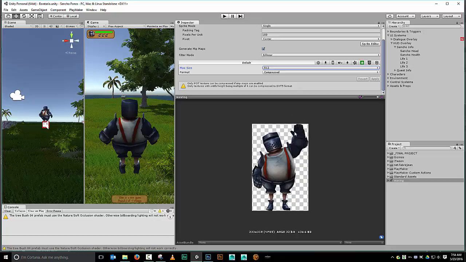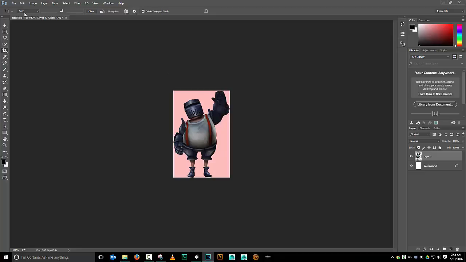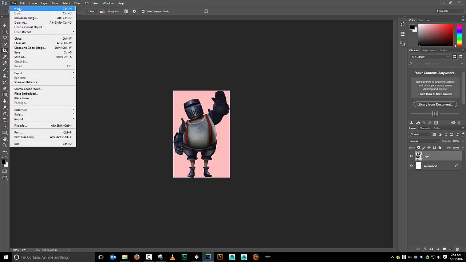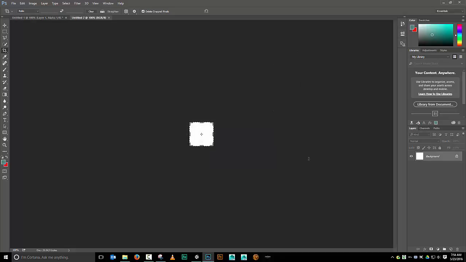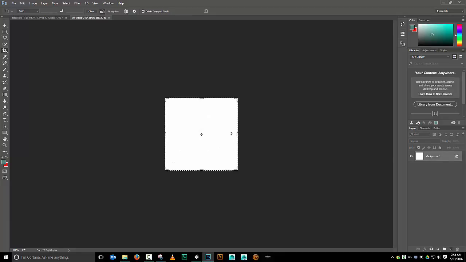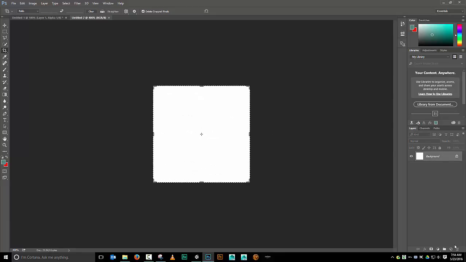So let's go ahead and create the texture that goes onto the coin for our checkpoint system. Once again, back in Photoshop, I'm going to create a new image. So I'll go File, New, and I don't know what size. I'm going to go with 100 by 100 on my pixels here, like so. Okay, let's zoom in on this, like so,